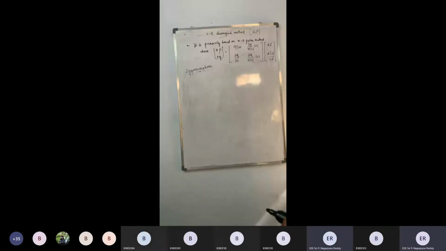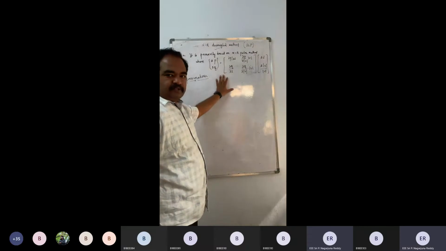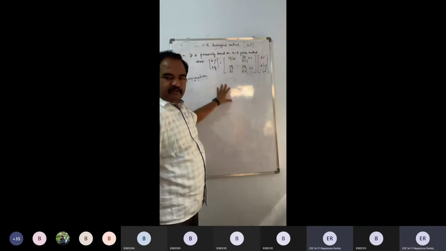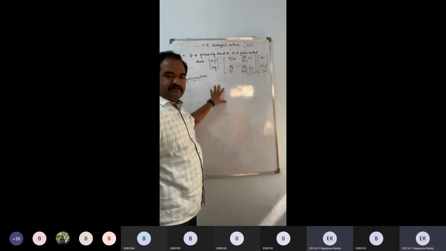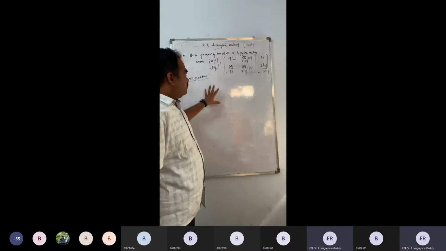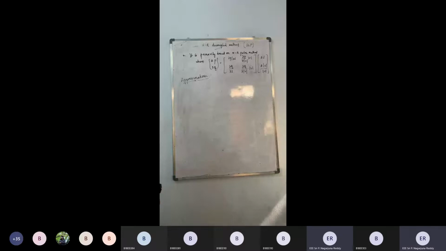So there are certain approximations that are carried out in Newton-Raphson decoupled method. So let us see what the approximations are and how these are being applied in Newton-Raphson decoupled. Now, first of all, before going into the approximations, let's have a small recap of power systems, where